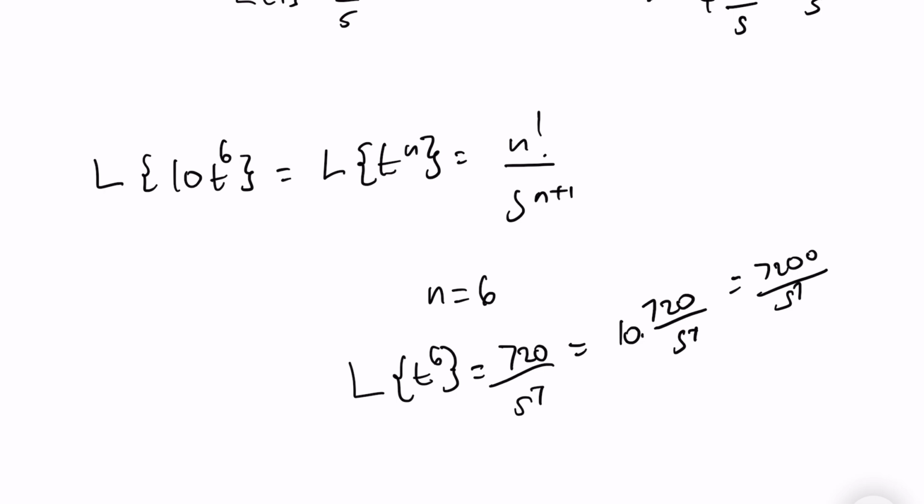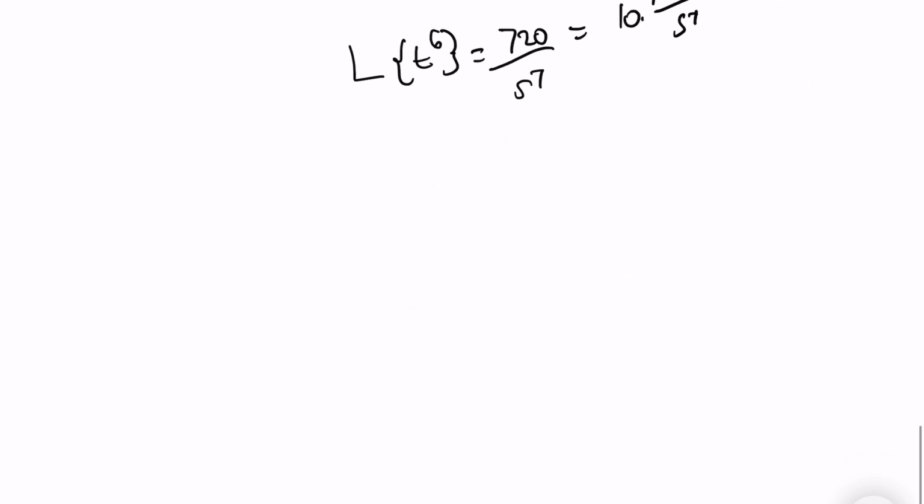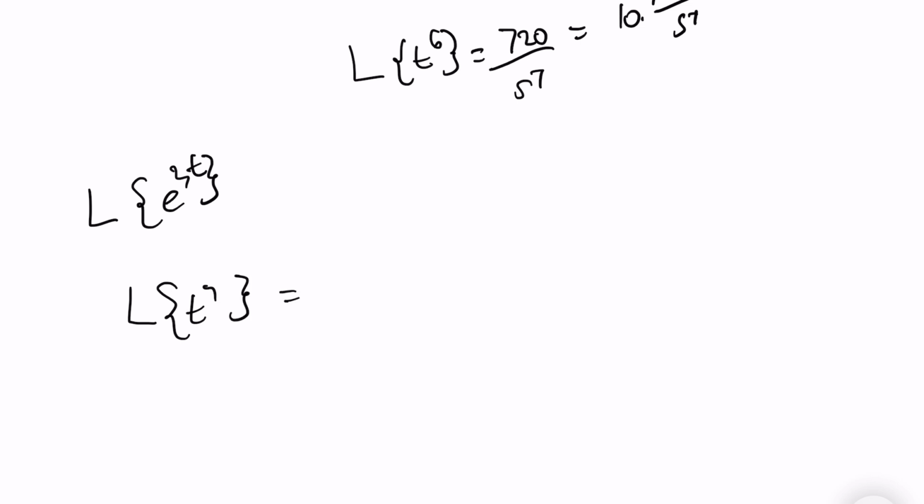And from the table you can also find the Laplace transform of e to the power of 3t. From the table, the Laplace transform of t to the power of n is equal to n factorial over s to the power of n plus 1. So for n equal to 6, the Laplace transform of t to the power of 6 is equal to